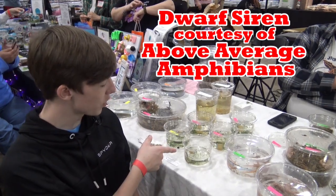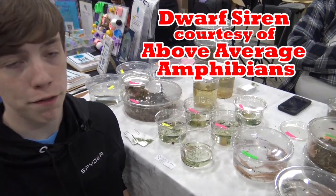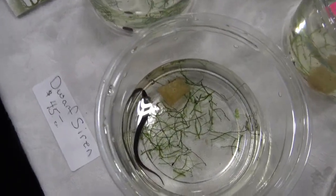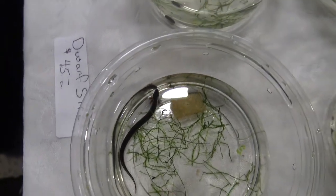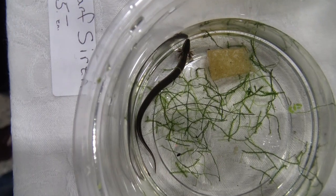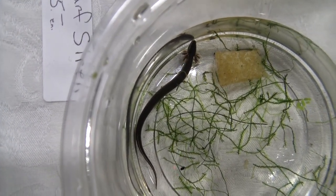This is a dwarf siren. Dwarf sirens are a small species of a fully aquatic salamander that only has front limbs. And like all siren species, dwarf sirens are restricted to the southeast United States. Dwarf sirens will get to a little over a foot long, which is actually very small compared to other siren